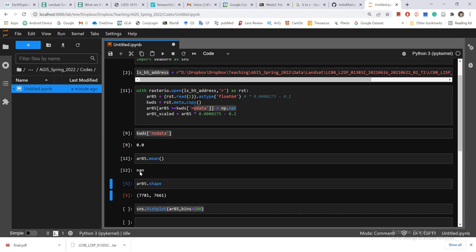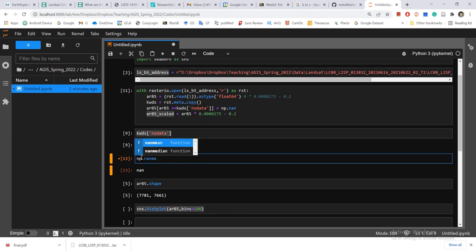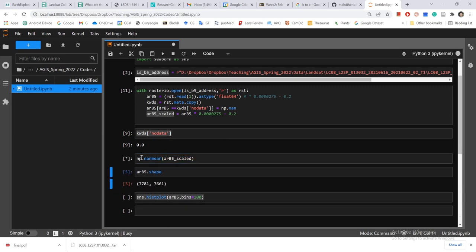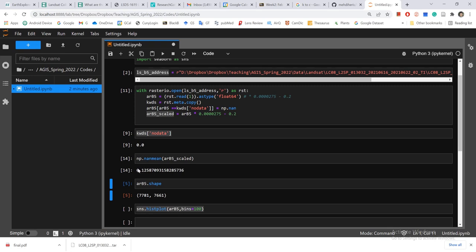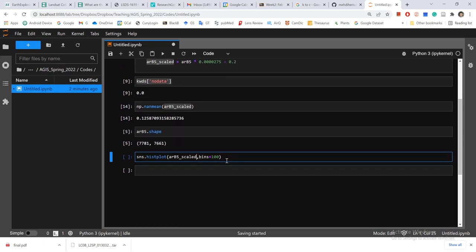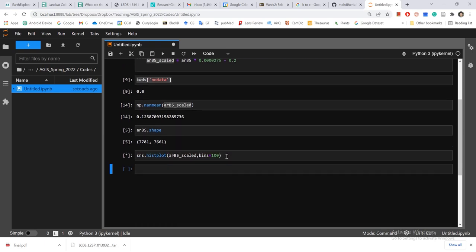And as you can see, if I get the mean of that scaled value here, I'm going to get some nan, because there are nan values here. If I say np.nanmean or median, and ask what is rb5 scaled, what is the average value, now this change, I think actually now this should work better. Let's see, not sure. Trying,